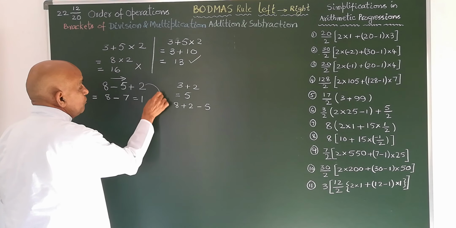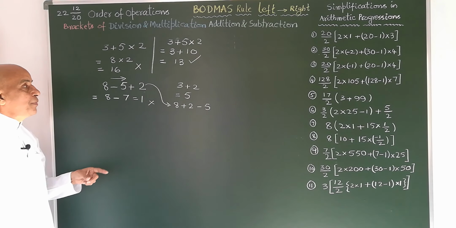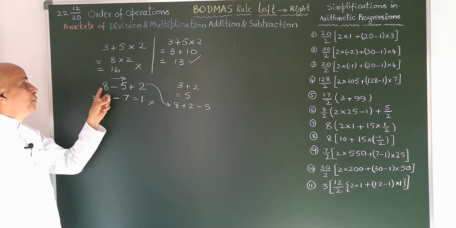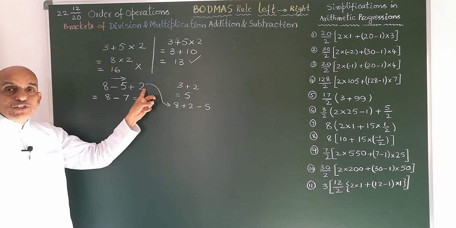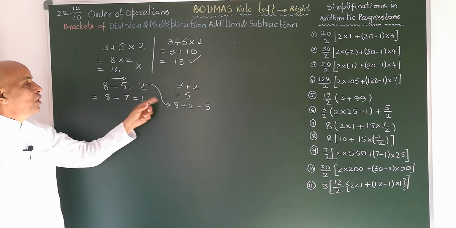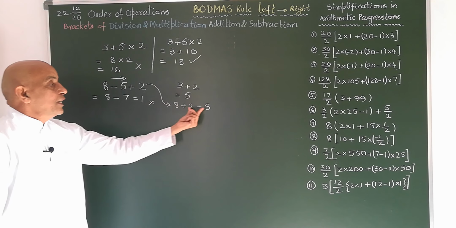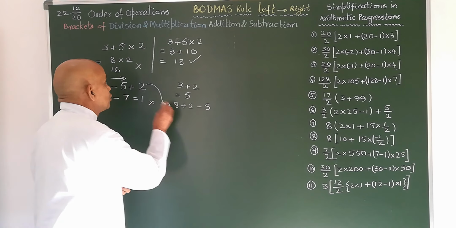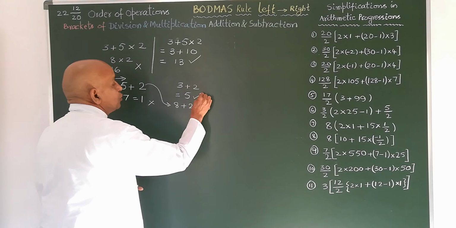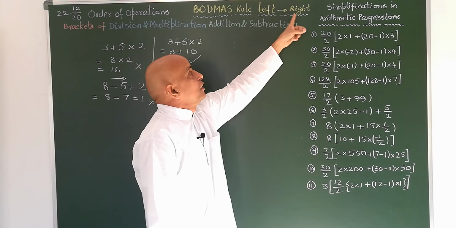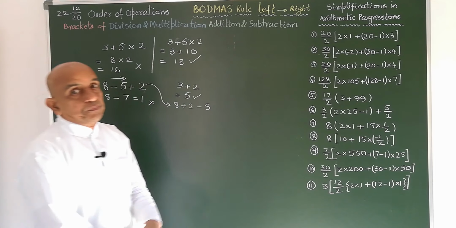The same problem you see here. I have separated. This minus 5 is the negative integer, plus 8 and plus 2 are the positive integers. 8 and 2 I group in one form. So 8 plus 2 is 10, 10 minus 5 is 5. So this is the way to do it. To solve such problems, this order is very essential, left to right.